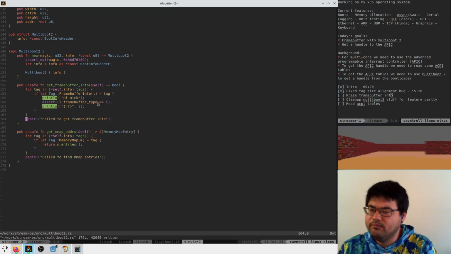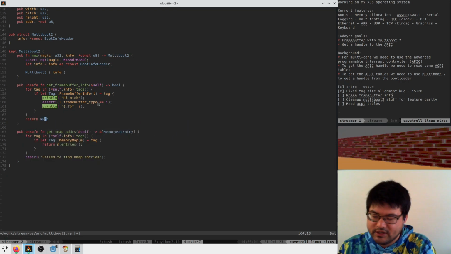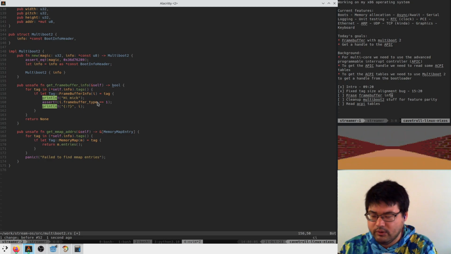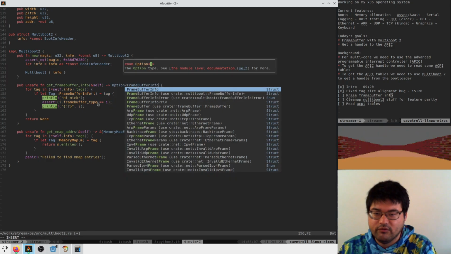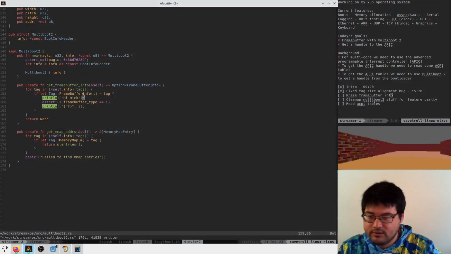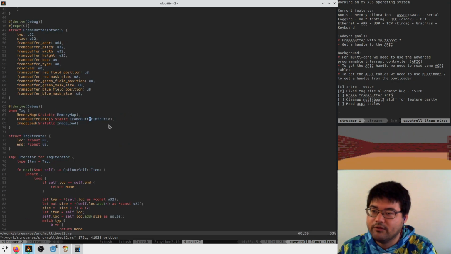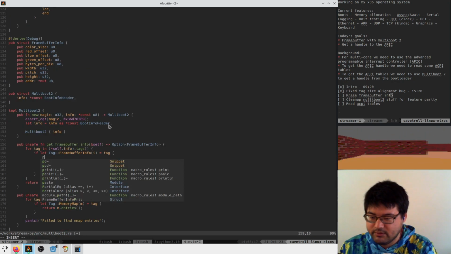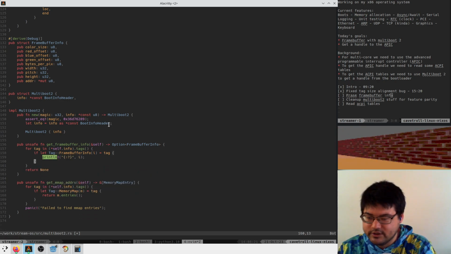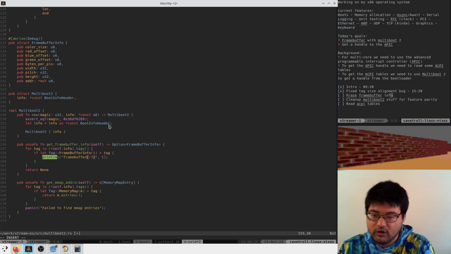In reality, maybe we should just return none here, right? So that our operating system still runs without a frame buffer. And here we'll say we return an Option of frame buffer info. And now we actually have to parse this guy. What would be kind of fun here is if we just print them out. So we'll say println, and let's see what we get here. And we'll say frame buffer info is this.